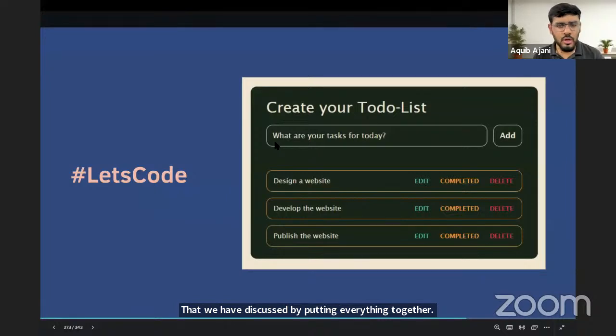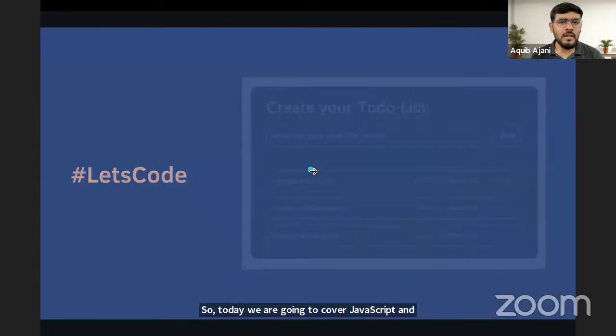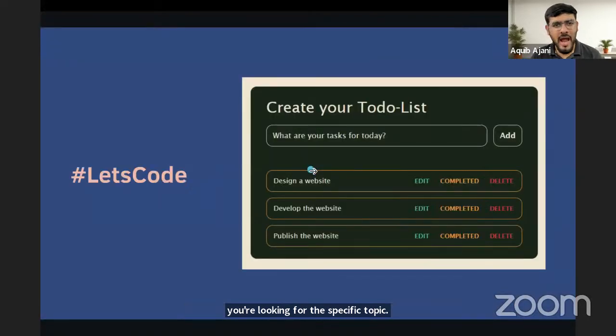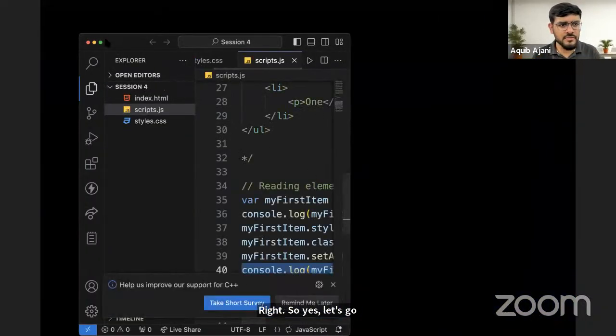So today we are going to cover JavaScript and CSS. If you're looking for the specific topic, this is going to be event handling, or something like that. But yes, we are still covering JavaScript and CSS. This is a part of document object manipulation where we are making it a little more dynamic, a little more interactive, where the user can enter something and things will change on the screen according to it. Right. So yes, let's go to VS Code and I'll show you a couple of quick examples first,